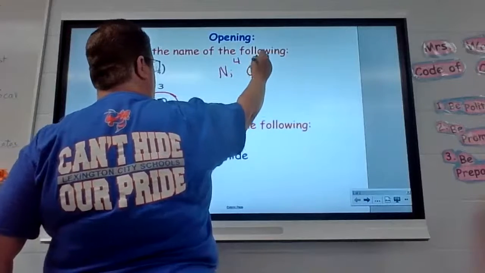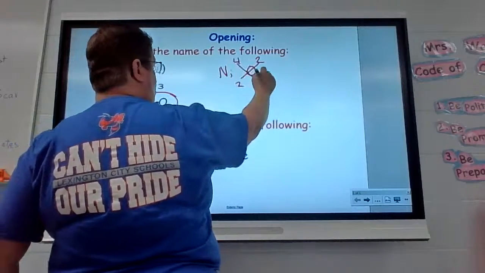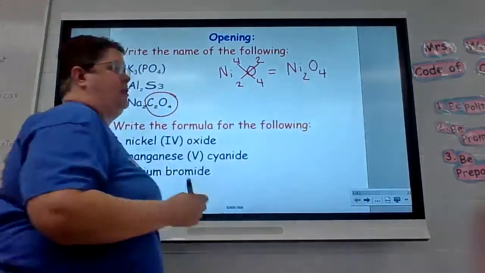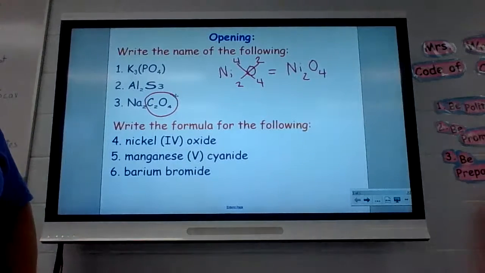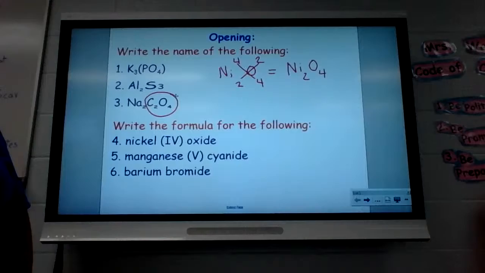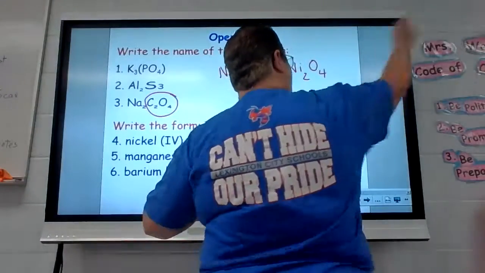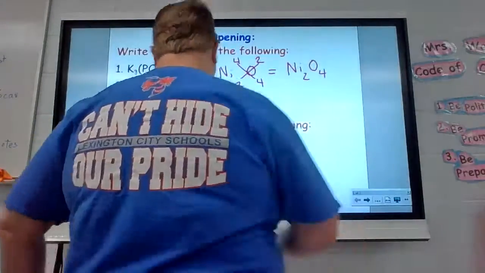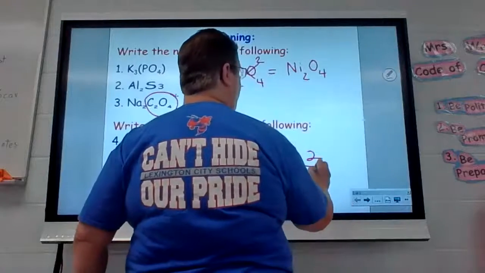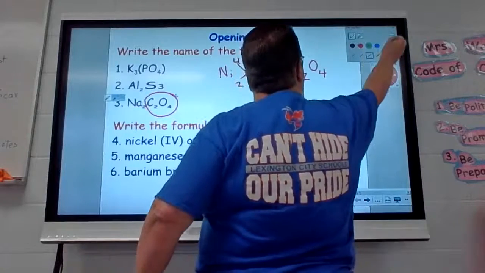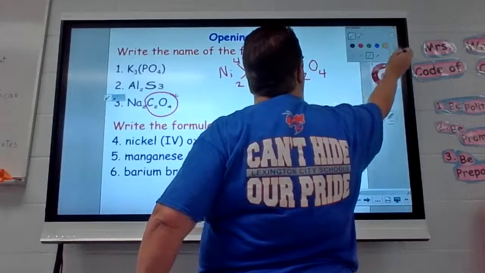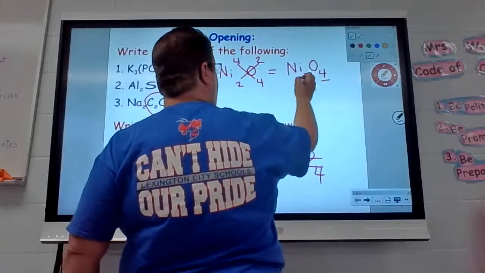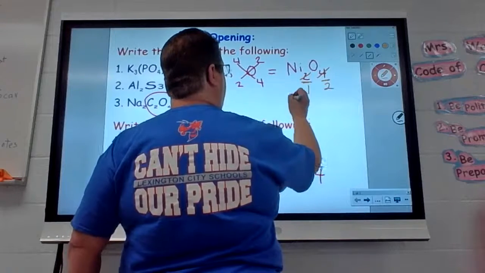O has a 2. 2 comes down, 4 comes down. So when you write Ni2O4, what are you supposed to do with that 2 and that 4? Reduce. It's just like in math class. Okay? What would you do if you had 2 over 4? You get 1/2, right? So this and this reduce by 2. So this is a 1. This is a 2. So you get